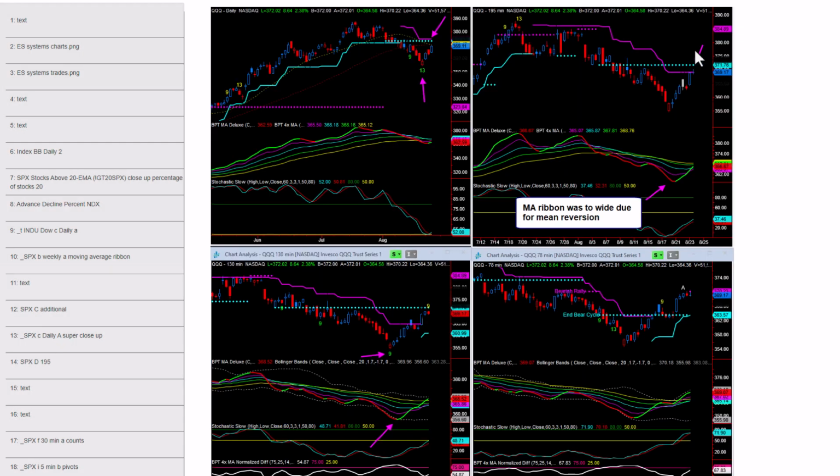Chart 23, here's the 4 time frames, very similar to the S&P. Note that the Mark 13 you had on the triple Qs coming into this week. 60 stochastic down there around the 50% area. Stretched moving average ribbon, DeMark 9 on 130 minute. Again, everything was set up for mean reversion, and we got it this week.